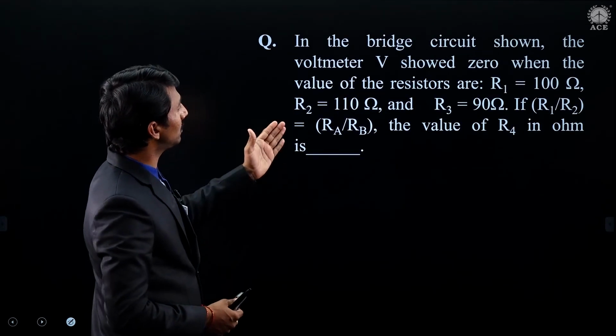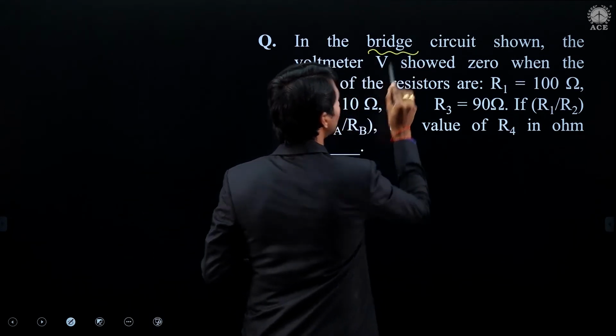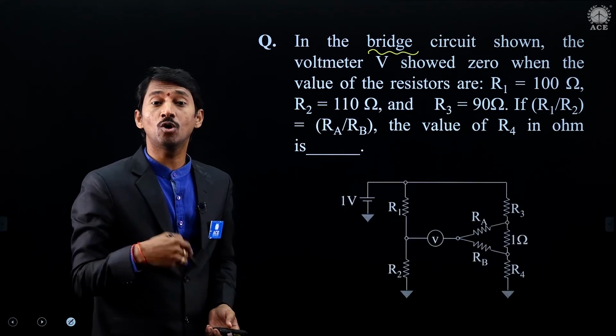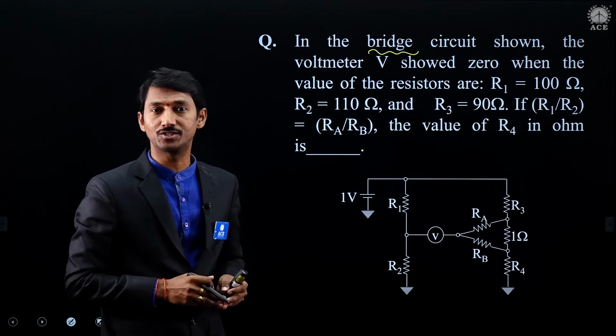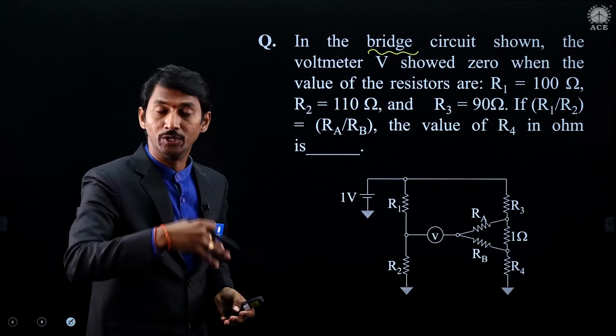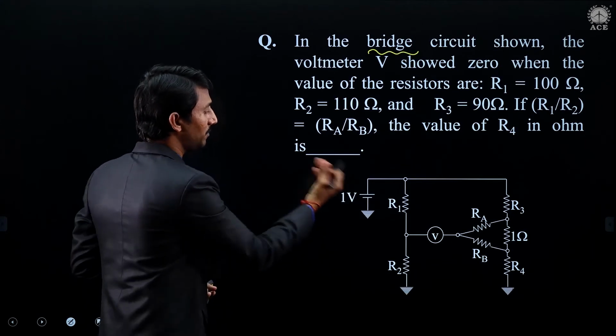The next question from measurements is from bridge circuits. Some bridge circuit related question is given. But be clear, the given figure may not be in the shape of a bridge as it is. Some twisting or modified form may be there. You need to modify that according to the corresponding topic. This is the given figure.